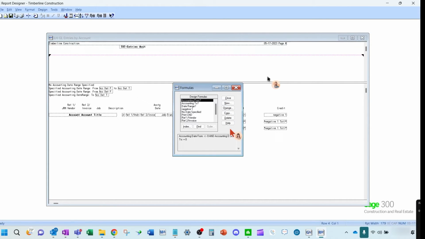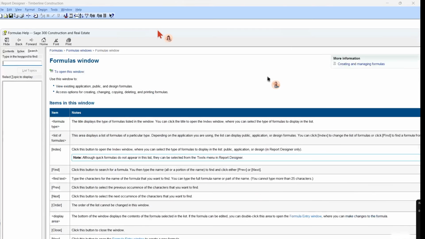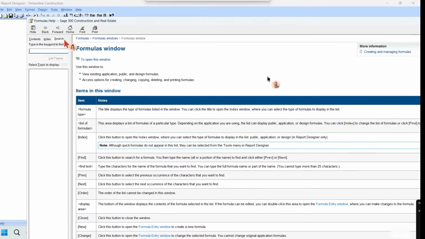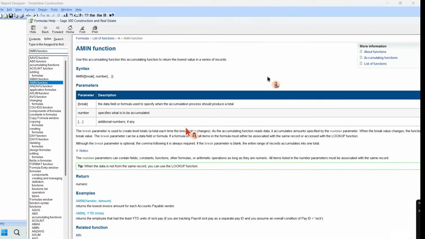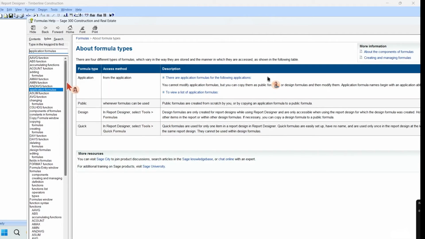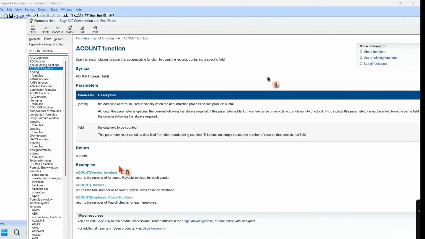Yeah, I would recommend the help. The nice thing in the formulas here in the help is you can see a lot of the actual functions, and they give you good examples of the functions. So if you're not sure how to do a sum or a different formula function, you can see them on the left. They show you all the functions in there, and they'll show you examples of it.